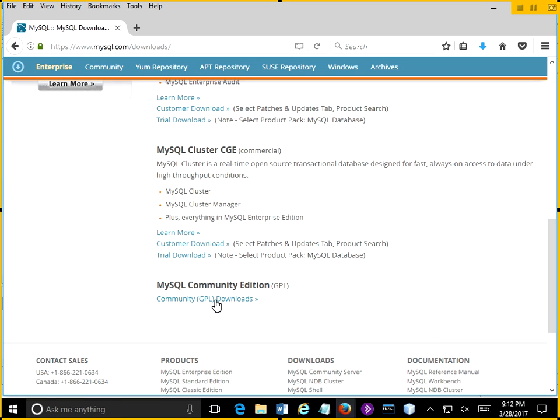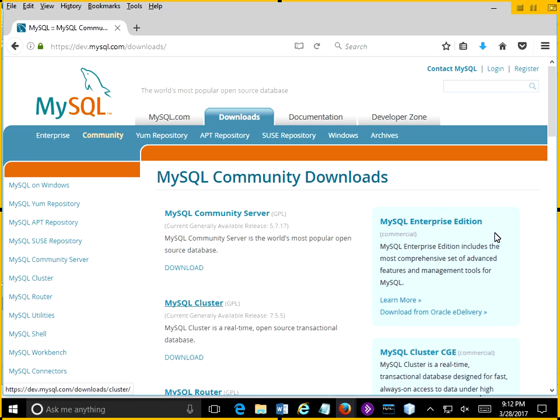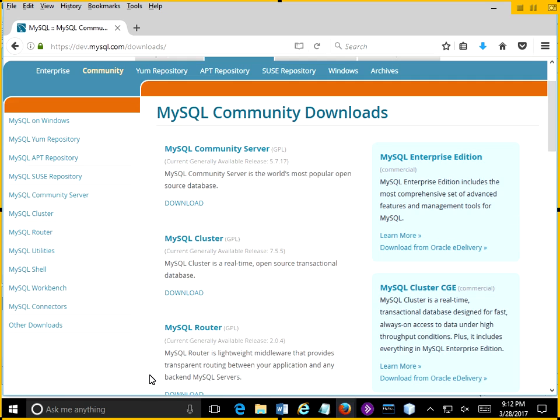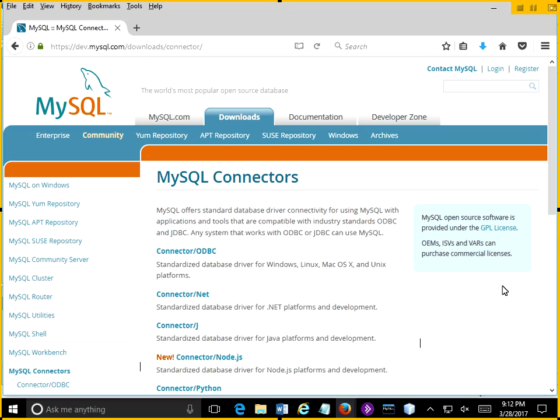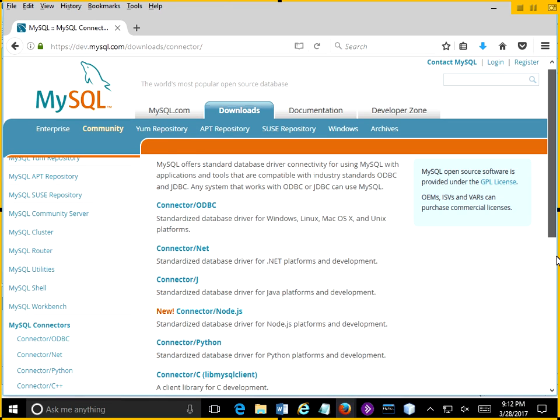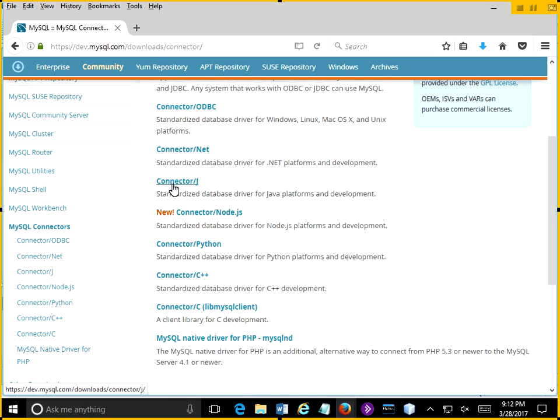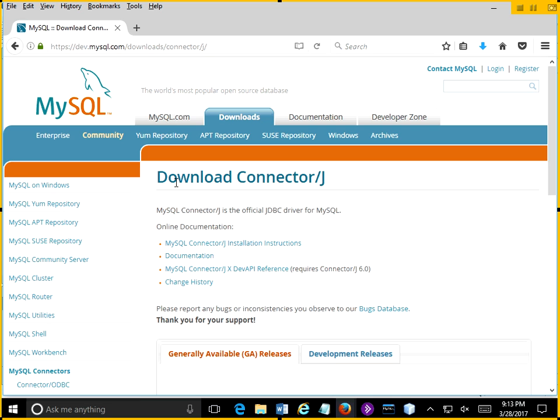After you go to the community server or community edition, there is, I believe on this page, connectors. There we go. So we're trying to find the MySQL connectors, and I'm going to choose that. And now we've got the Connector/J option available to us. So I'm going to click on Connector/J,